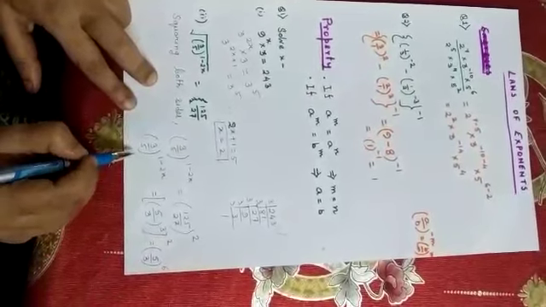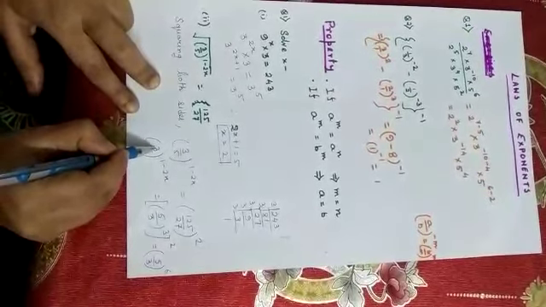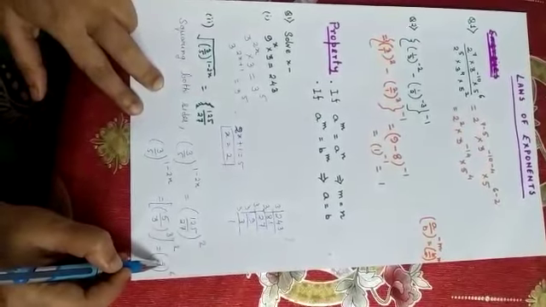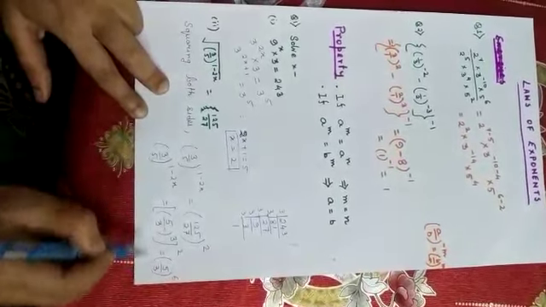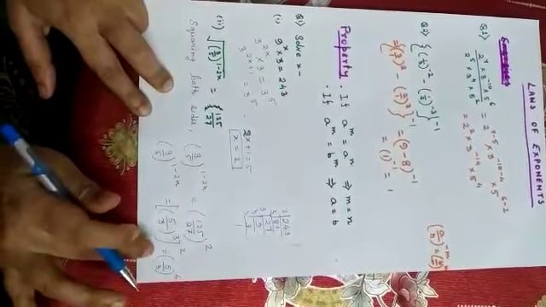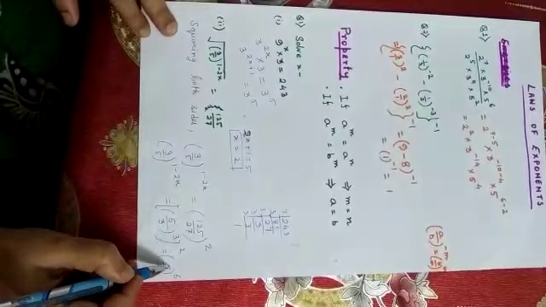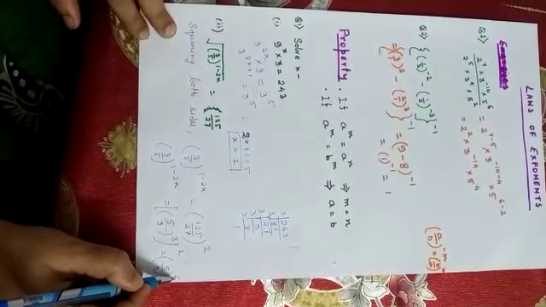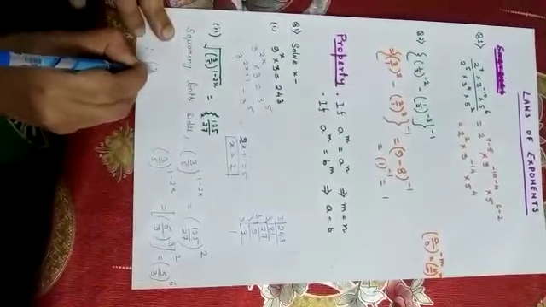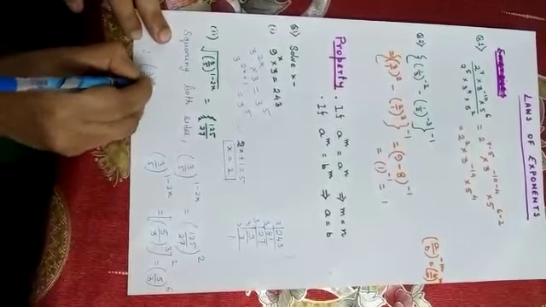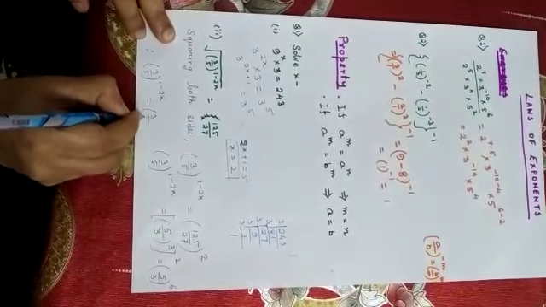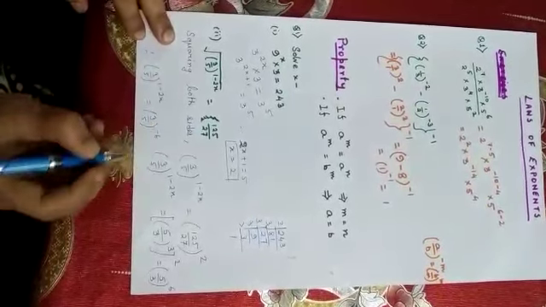Now there is a problem. In the left side, the base is 3/5, but in the right side, the base is 5/3. We can't say bases are equal. हम एक छोटा सा चेंज करेंगे जिससे बेस इक्वल हो जाएगा. वो चेंज क्या करेंगे? हम इसका रेसिप्रोकल लेंगे, so the power becomes minus. So therefore we can write that (3/5) to the power 1 minus 2x equal to (3/5) whole to the power minus 6.